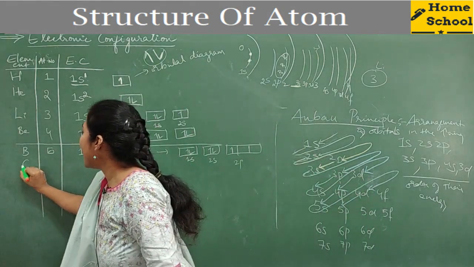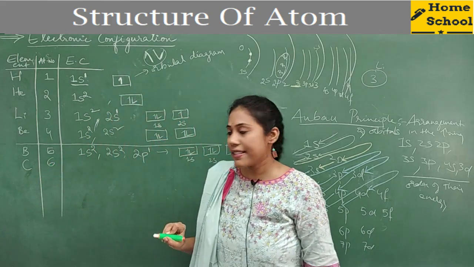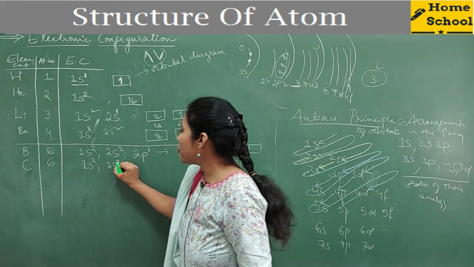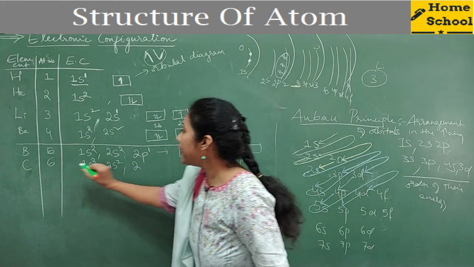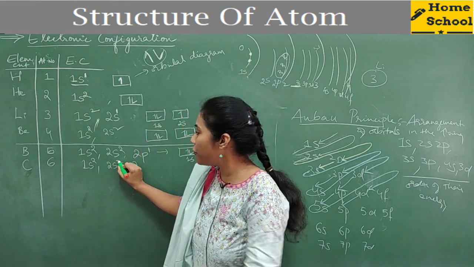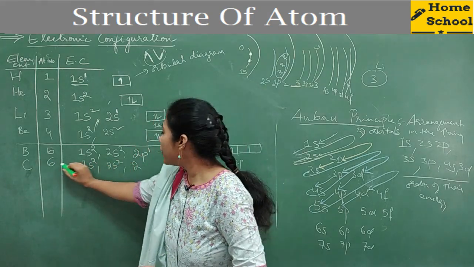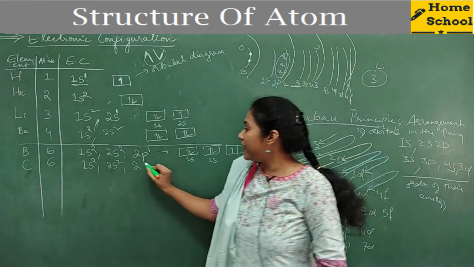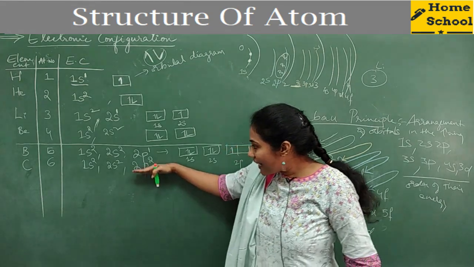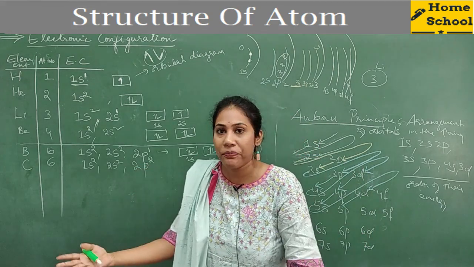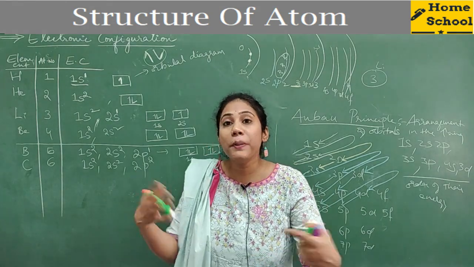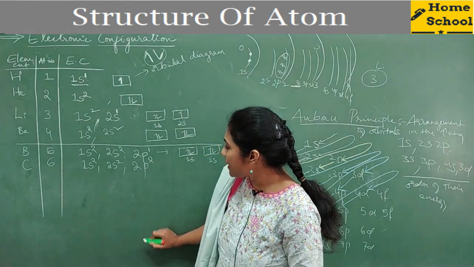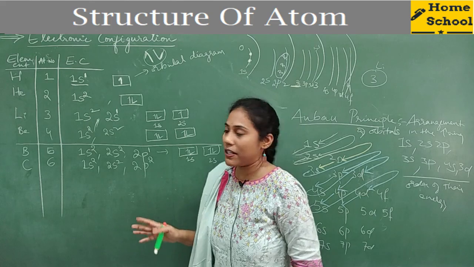Say, for example, carbon, atomic number 6, so 6 electrons. First 2 electrons go to the 1s subshell, the next 2 electrons go to the 2s subshell, and how many remain? 4 are over, 2 plus 2. For 4 electrons we have given the address. For 2 more electrons, where will they go? After 2s is completely filled, they will go to 2p only, right? 2p can have electrons till 6. We are mentioning subshells here. So the 2p subshell can have electrons till 6. Till you get to 2p6, you can go on using this 2p subshell.